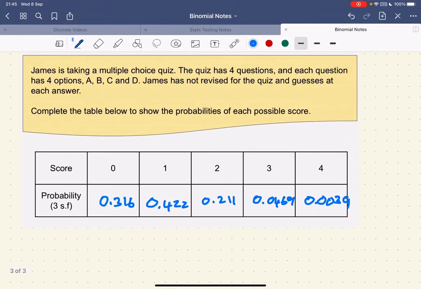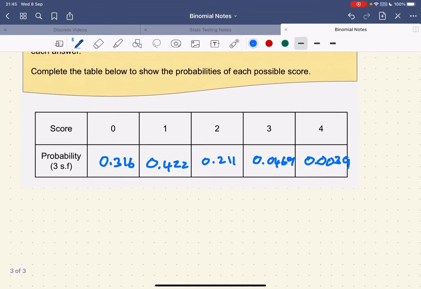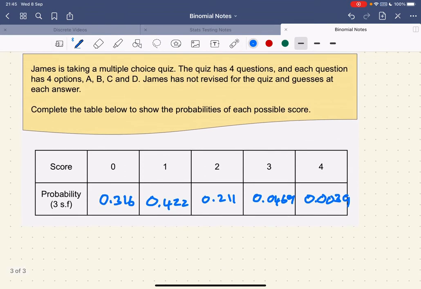So in this video we want to just extend the binomial. We had a look at how these probabilities came about from this question in a previous video. Now we're just going to look at some notation and the idea of the mean and the variance. So in this question,